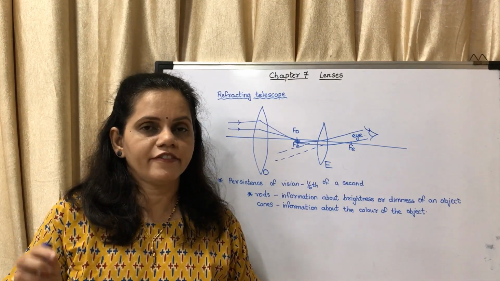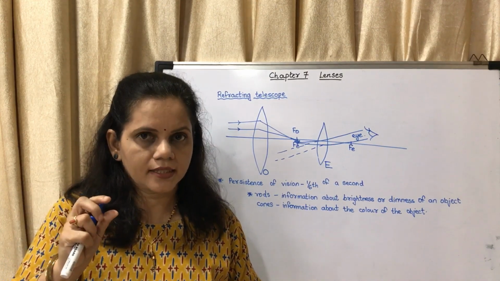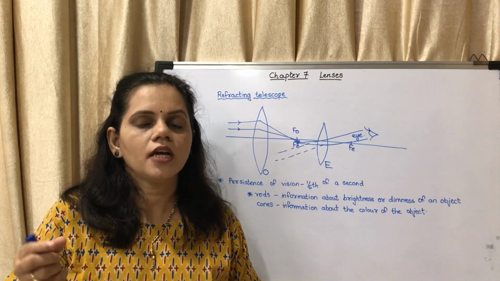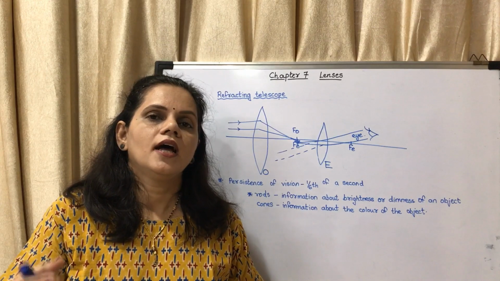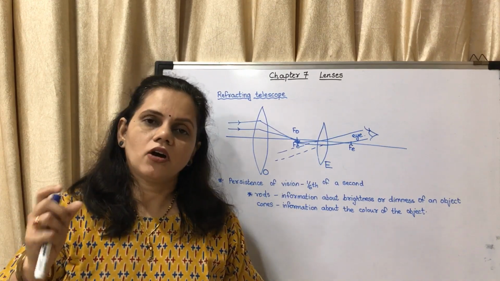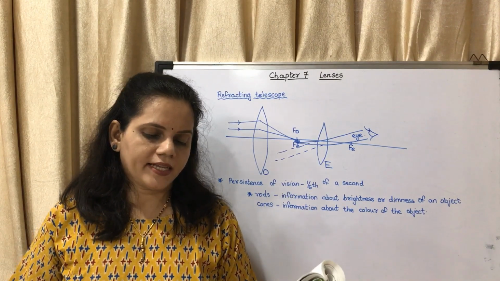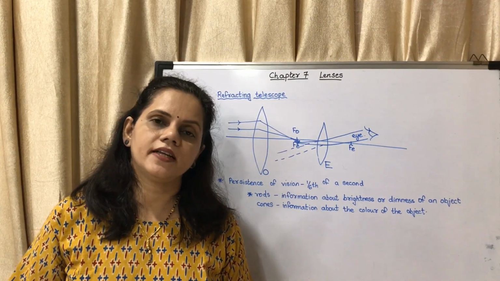At night, if you switch off the lights, after some time you are able to see things, but only in black and white. You are not able to see them in colors. Why? Because in faint light the rods are functioning but the cones are not functioning. Thus we perceive colors only in bright light. It is a very important point.